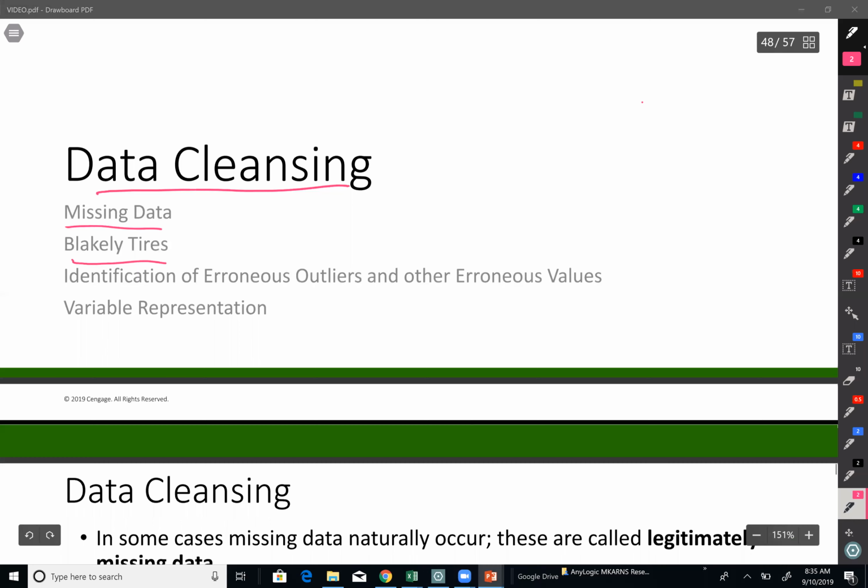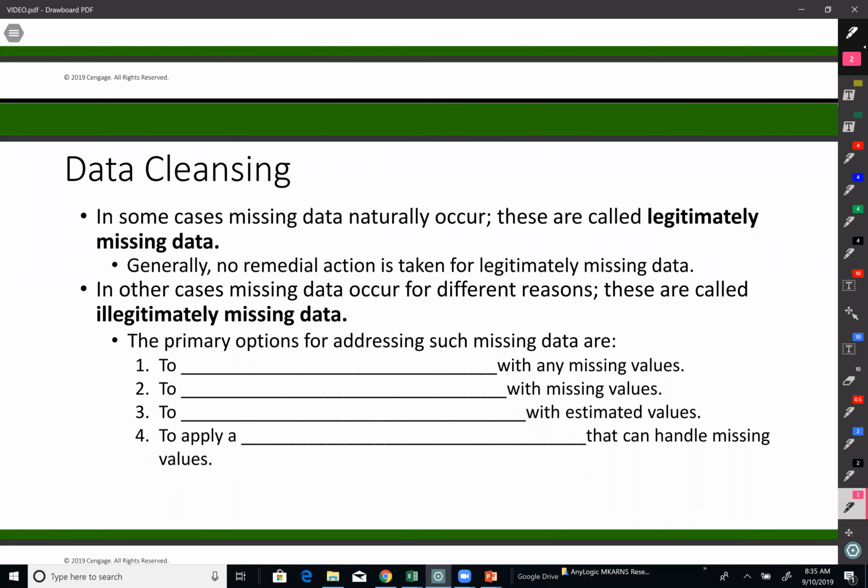All right, so data cleansing: there are two different types of missing data. One, legitimately missing data, which occurs naturally and doesn't create really bias problems. For example, failing to record data, unintentionally making something wrong in the data, or the machine failing randomly. So this is legitimately missing data, and in this case we don't need to take any action really because this is legitimate. However, sometimes data is missing illegitimately, and if that's the case, then we've got to make sure that we